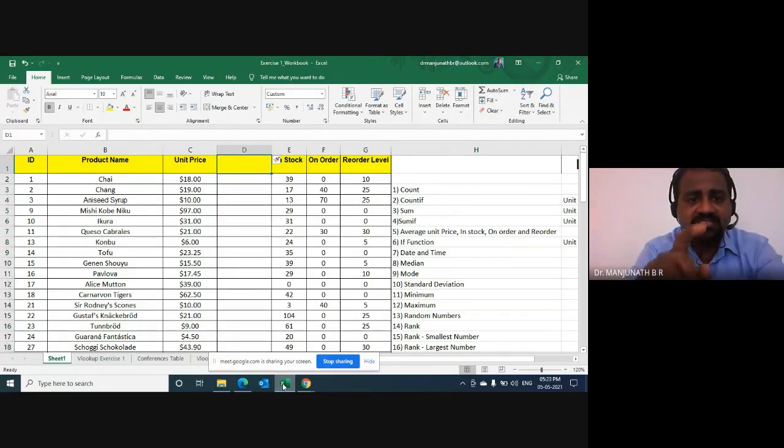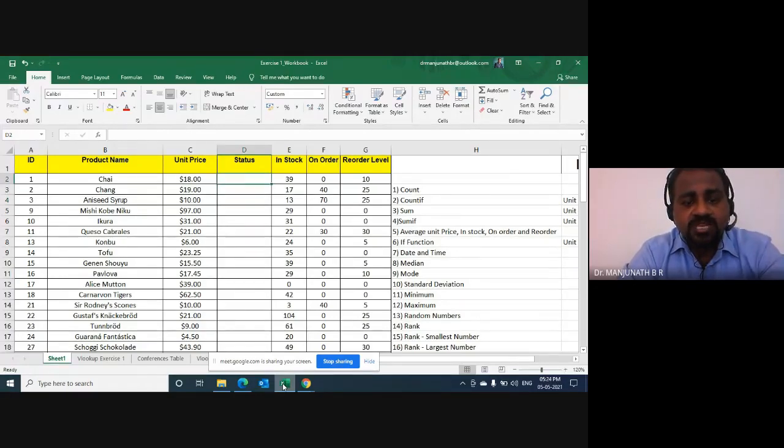Now let us rename this cell in column D as STATUS. Now we look at the unit price. If it is greater than 15, we want a comment as correct. If the unit price is less than 15, we want the status as incorrect. Automatically it should come.